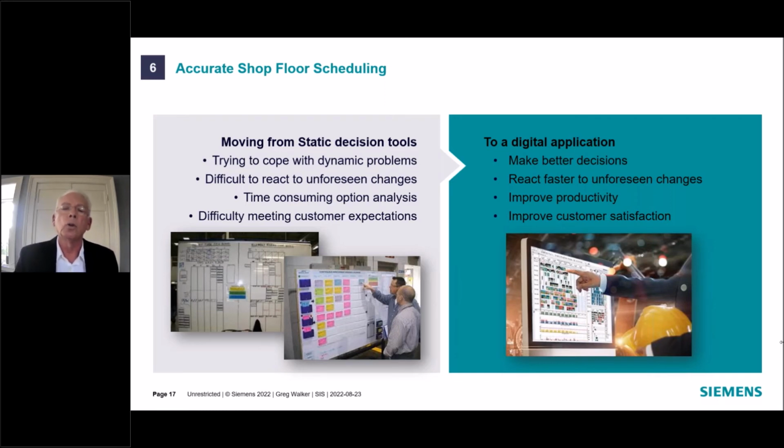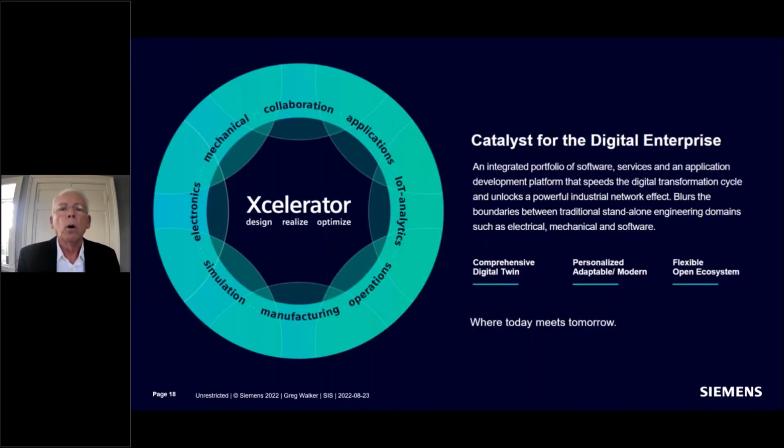So a digital solution is designed to help you make better decisions and react faster to that machine tool being down or that due date or quantity change, certainly to help you improve productivity and obviously to improve overall customer satisfaction. Next. So we do all that through our